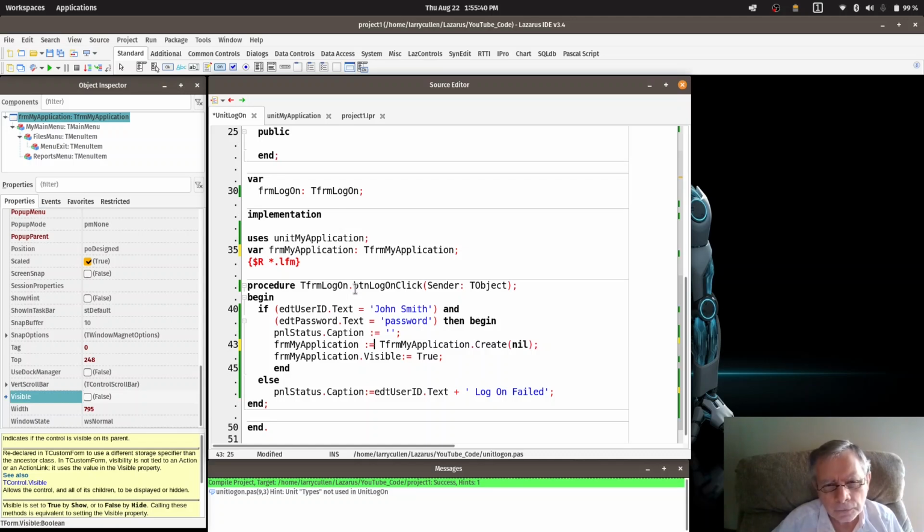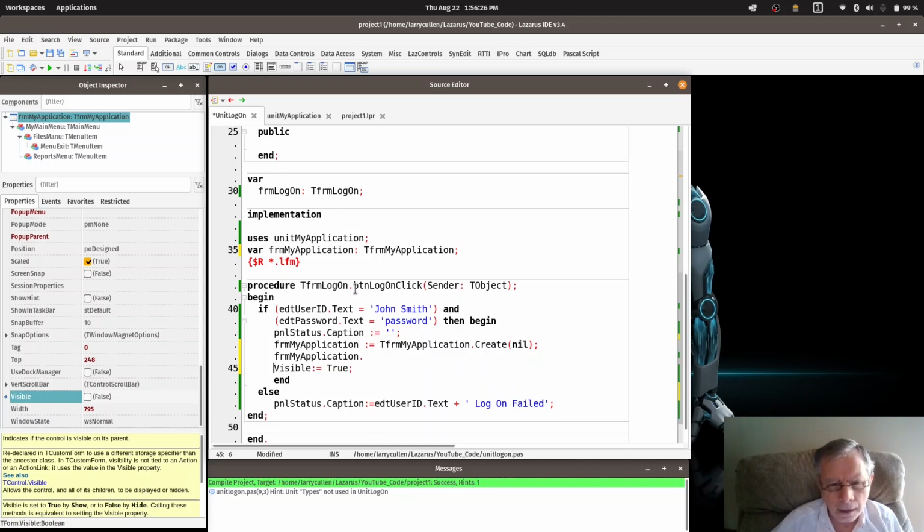Equal to create it, and then show it. Show modal, show,